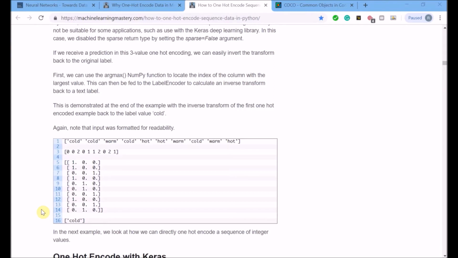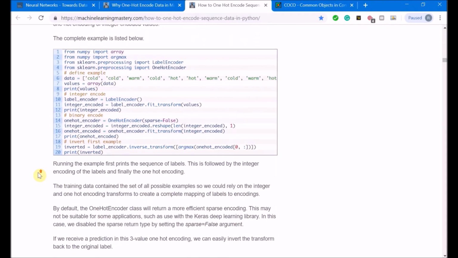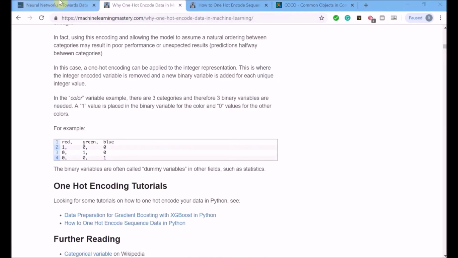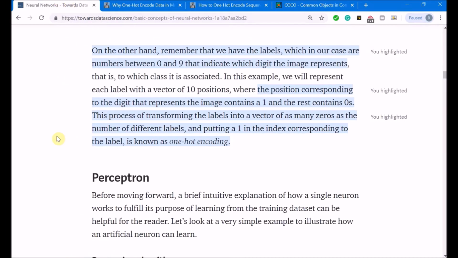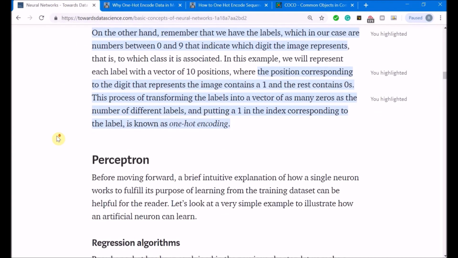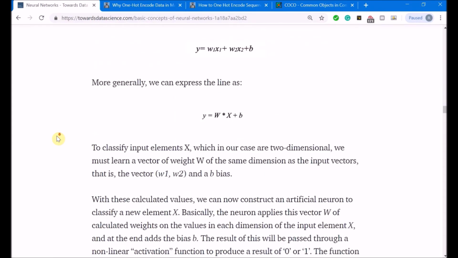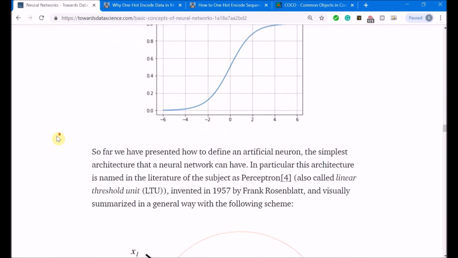Again, I'd like to thank Mr. Jason Brownlee for taking the time out to write this nice article for us. Going back to the original article by Mr. Jordi Torres. In the next class, we will cover what Perceptron is,